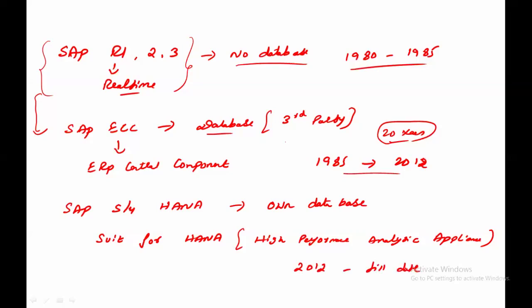Why I'm speaking about these versions of SAP is, if you're showing that you started working from 2015, then you must show that you worked in S4 HANA. If you're showing experience from before 2012, then you can show ECC and S4 HANA. You need to know when S4 HANA got started. I think it is 2015, so you can take 2015. From 2015 till date, S4 HANA is in the picture. So these are the versions of SAP.